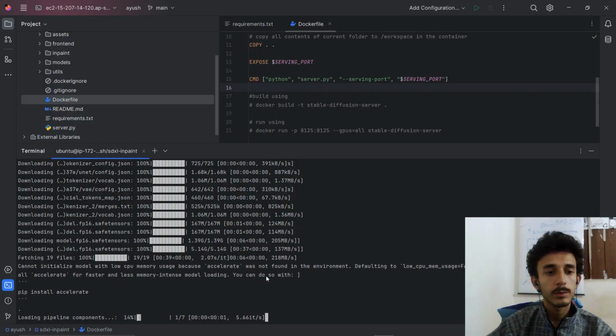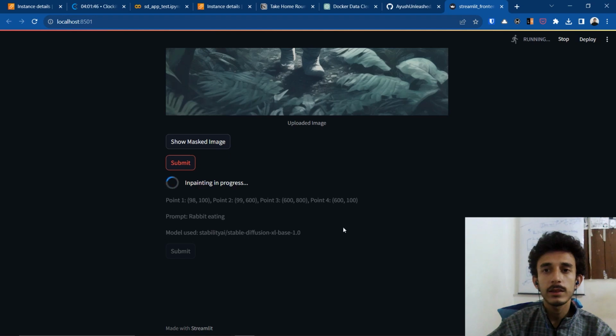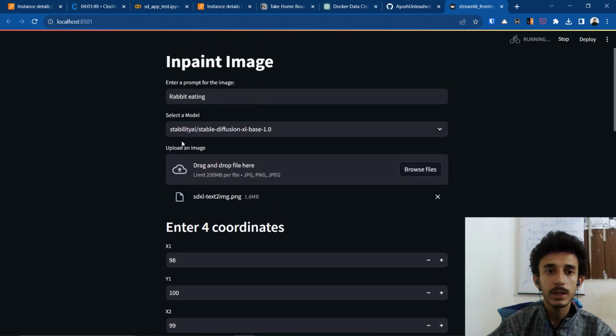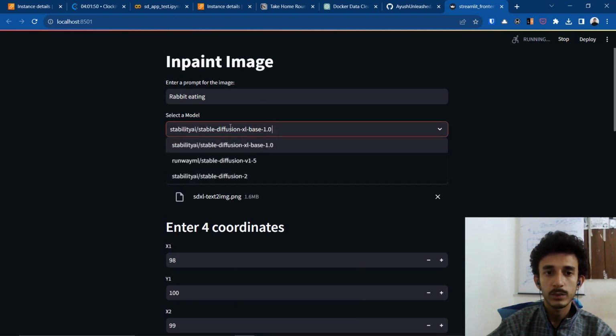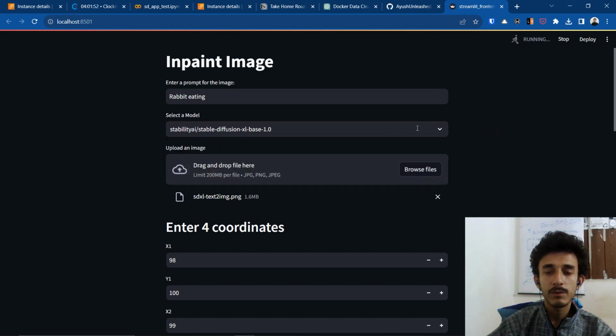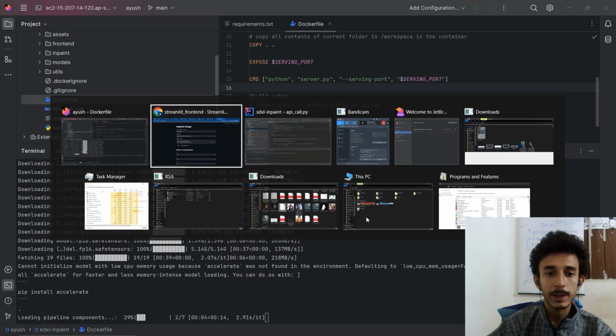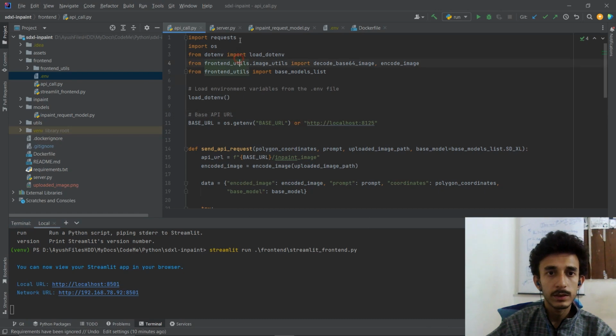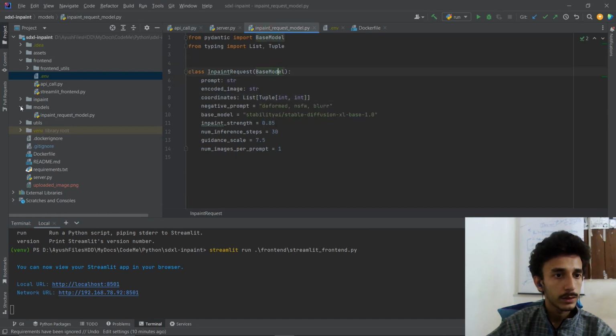Now you can see that the model has already been downloaded and the pipeline is being loaded. This pipeline would be loaded every time we are gonna shift, right? So we have the models here. Every time we wanna run, we have to load the pipeline. So we can see from here in the Inpaint,